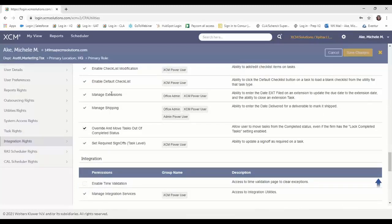Now this one is a little different, and you want to be very careful about how you're using this one. This actually gives the user the ability to update, add the extension file date, and extend due dates. Similar to the managed shipping user right, this really should just be given to your power users and the people who are actually responsible for sending the extension to the filing authorities or to the client, receiving the approved